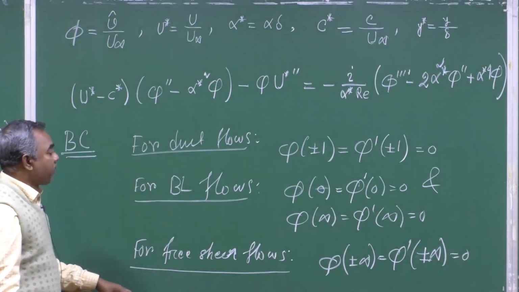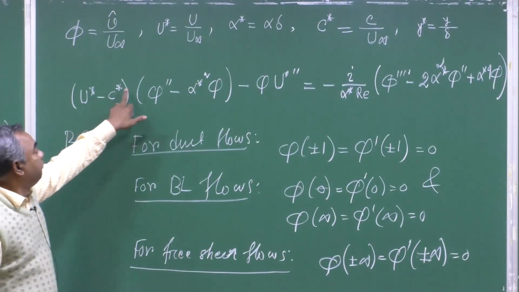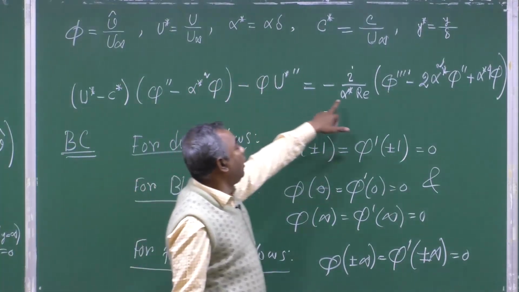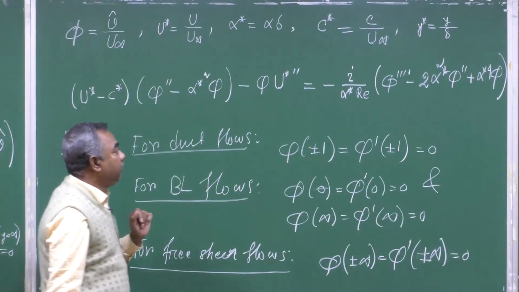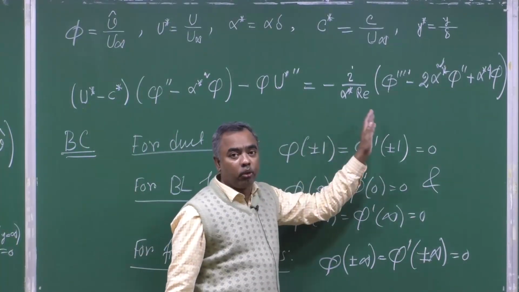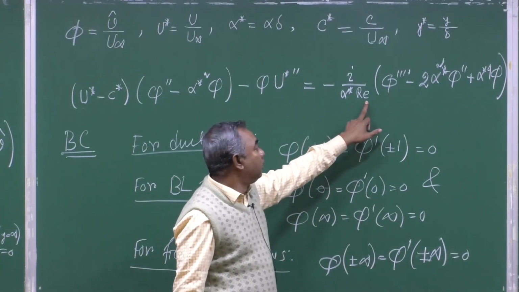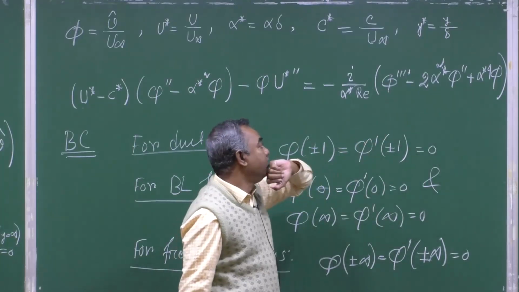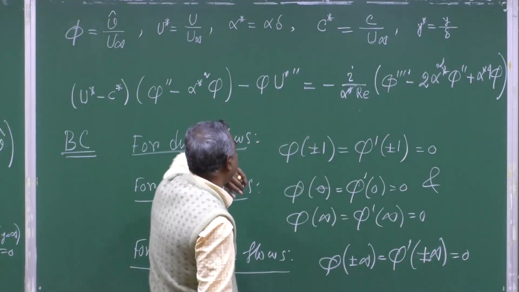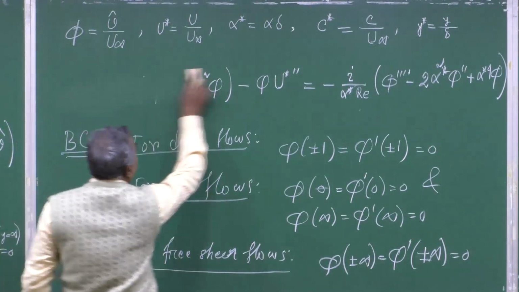So, now before we proceed, let us get rid of this star, with the understanding that the moment we consider the non-dimensional Orr-Sommerfeld equation, the moment R is there, the equation is non-dimensional. So, we can just get rid of these stars and just write this equation as,